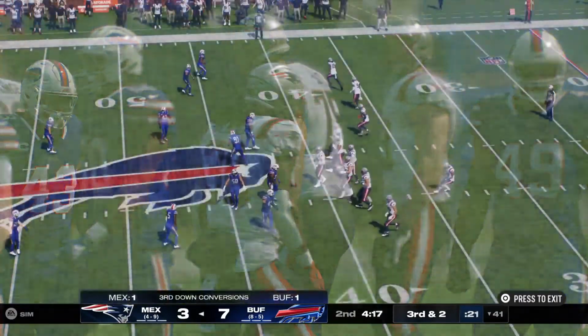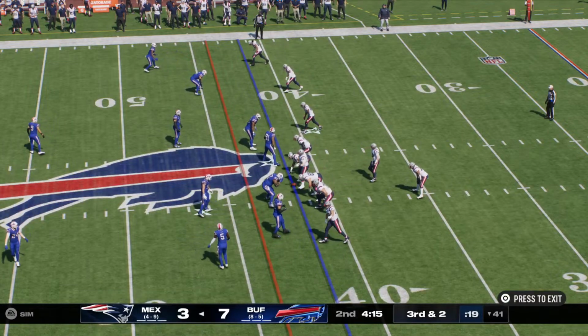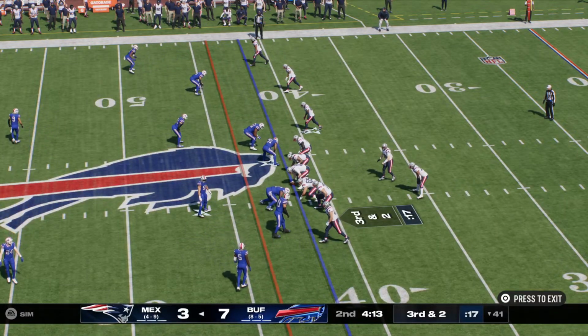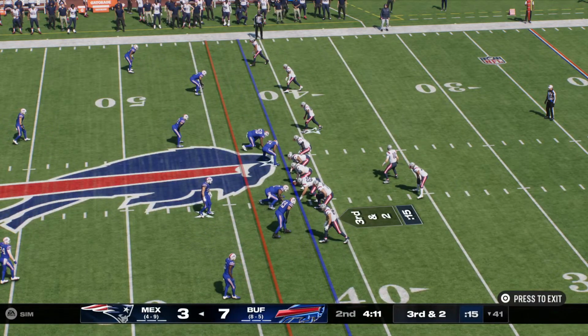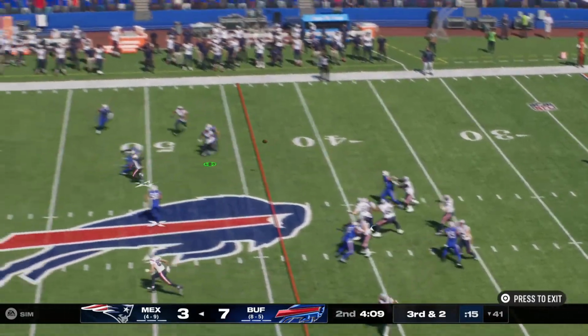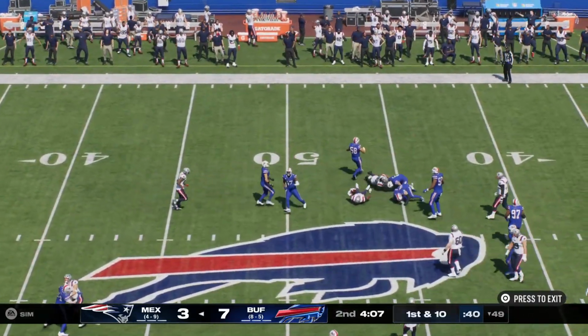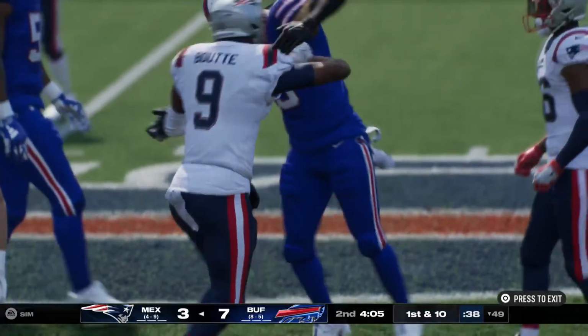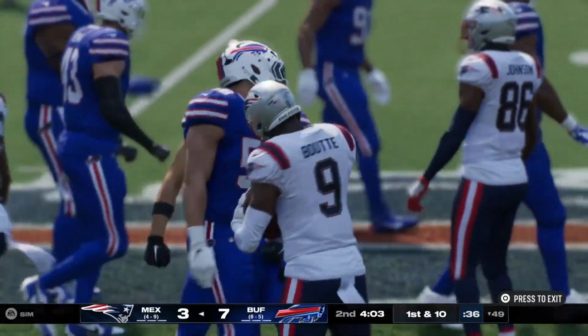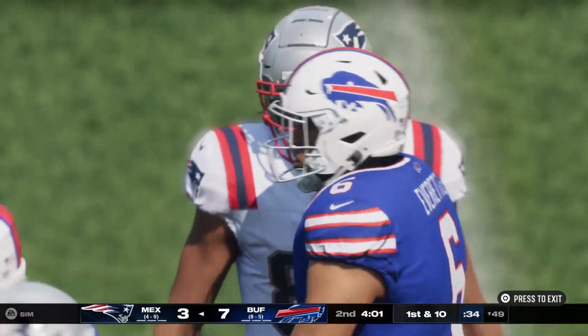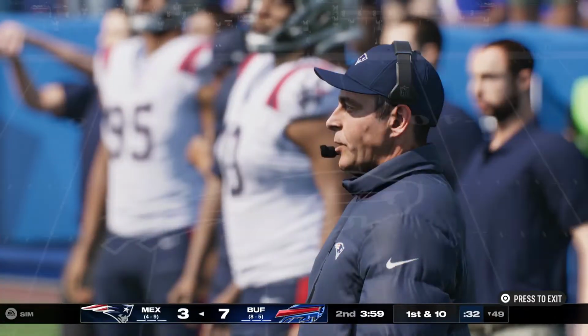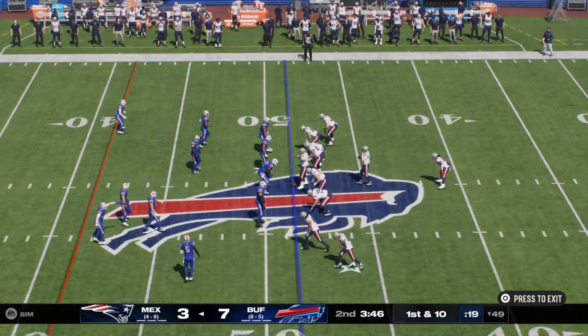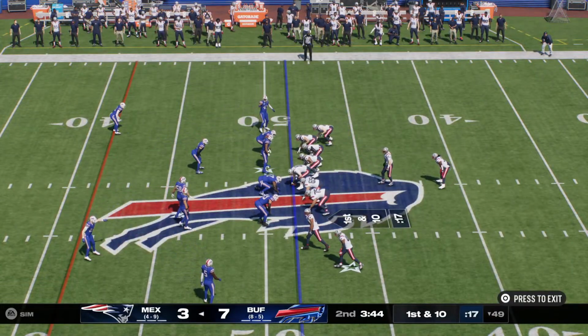And there we saw one of the downsides of blitzing during a run down, because sometimes you get out of your gaps. You don't fit the run quite as well because you're headed towards the ball carrier with abandon. Able to find the open man. That's complete. And he will have a Patriots first down as they convert on 3rd and 3 with a nice gain of 7 yards. This offense finding its legs now. Here's another 1st and 10.